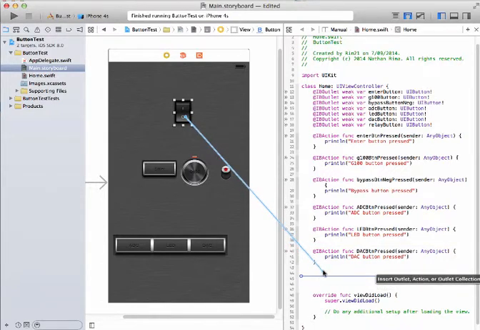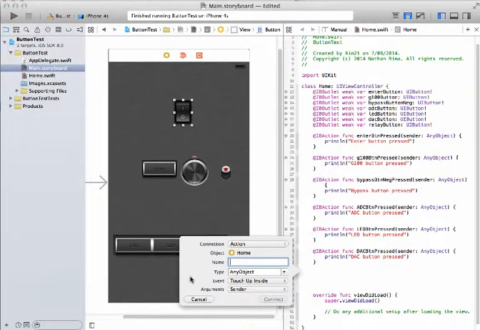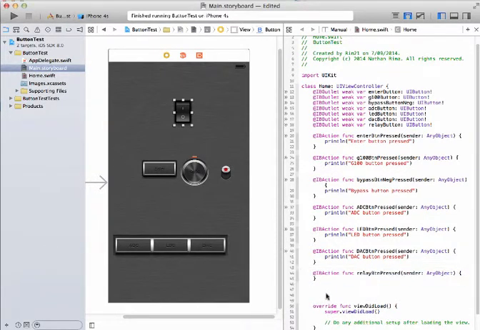Not a function, an action as well. So here, another pop-up, and I get to give it an action. Following my convention of camel case and what I followed previously, there we go there, and then